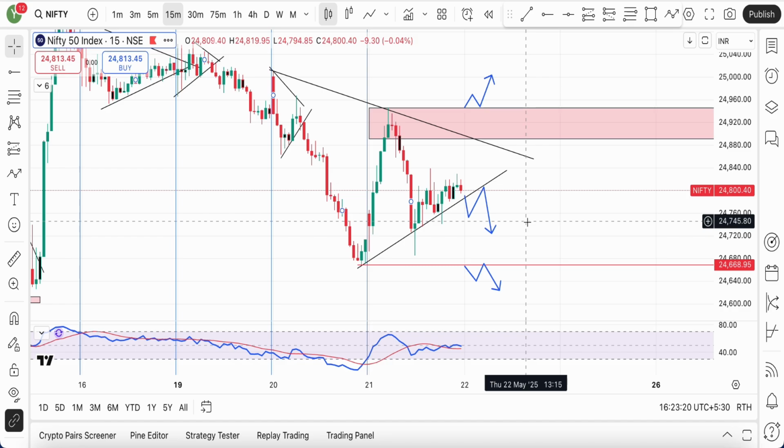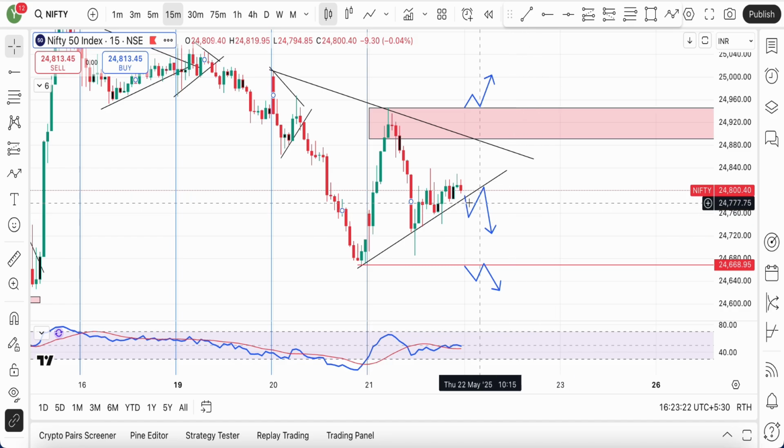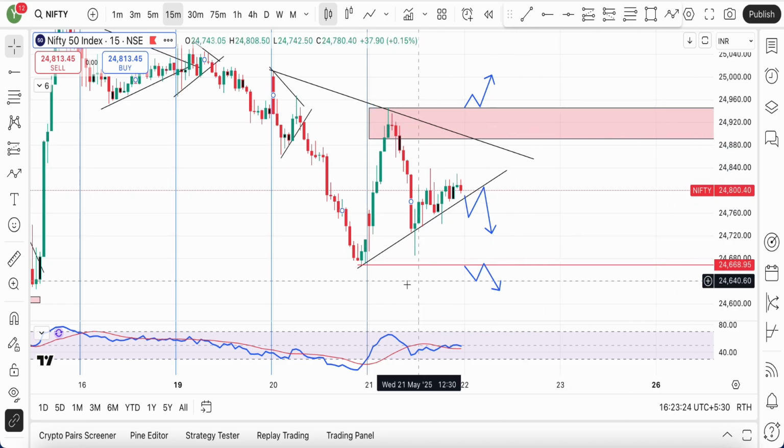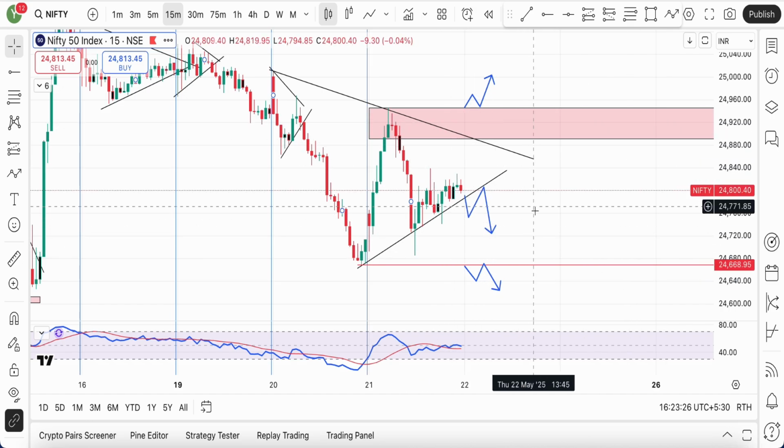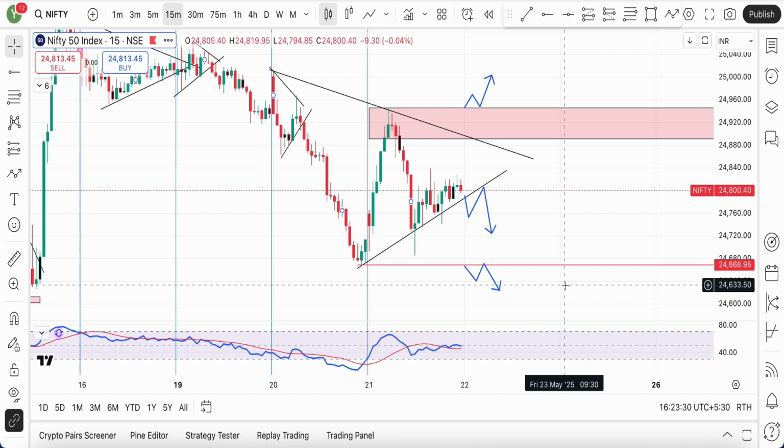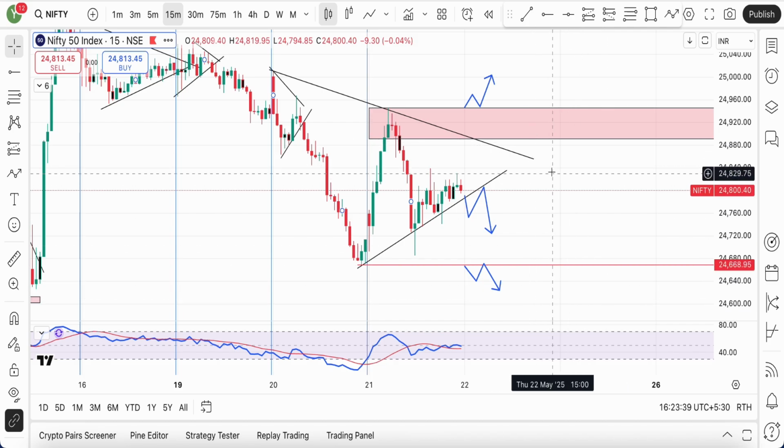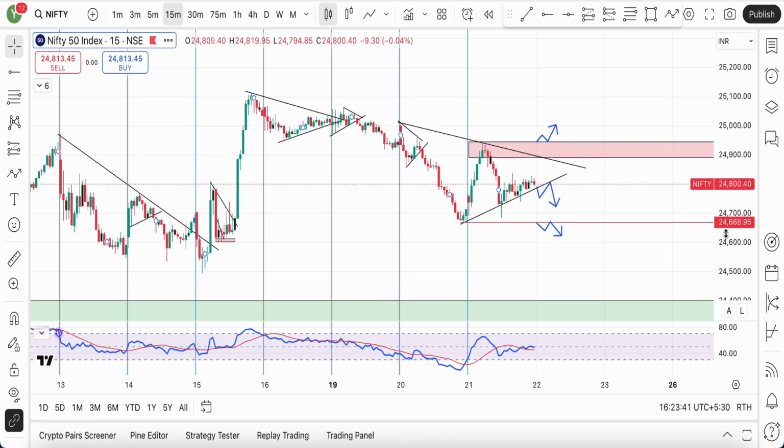So I believe that is it for some time. We can expect the markets to remain volatile till the time the market is in this range. So be prepared for that. Trade light, trail tight. That's going to be the mantra for some days for now, till the market gives us some more clarity and a clear direction, right? So I think that will be the simple plan of action for tomorrow.